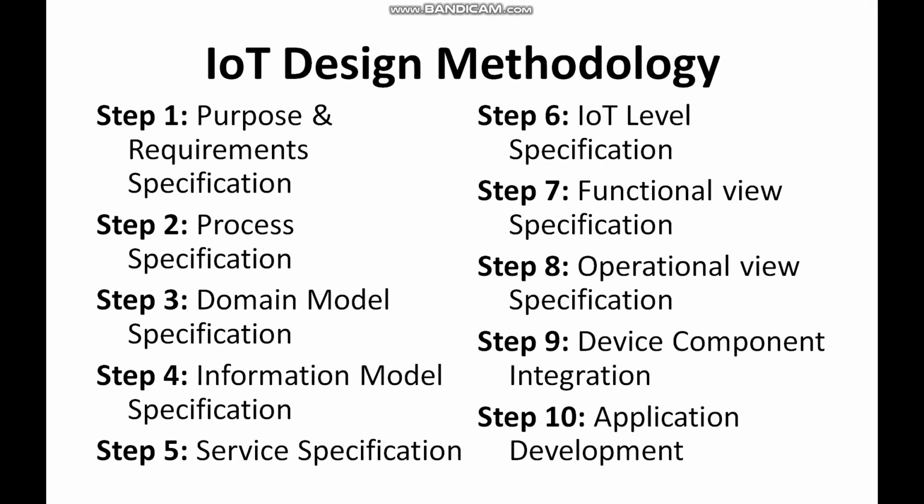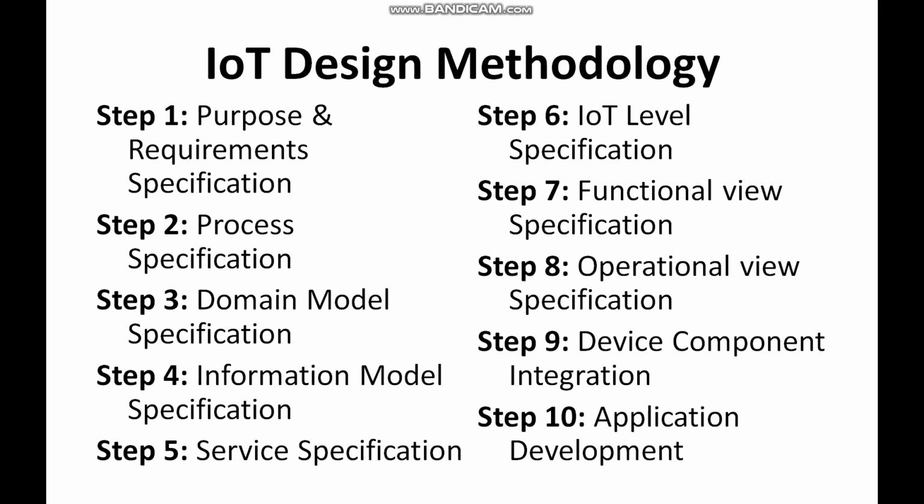So these are the steps which are involved in the IoT design methodology. There are actually 10 steps. We'll be seeing one by one. The first one is the purpose. Given any application, if anybody is asking you to design an IoT system, how do you design an IoT system? That is the whole idea about the first step. So, what are you going to really do? What is the application and what purpose is it going to serve? So, that is your purpose and requirement specification.